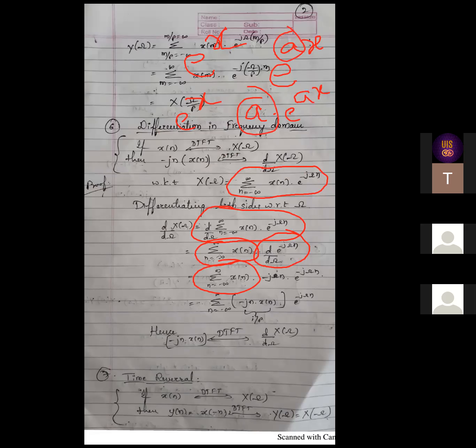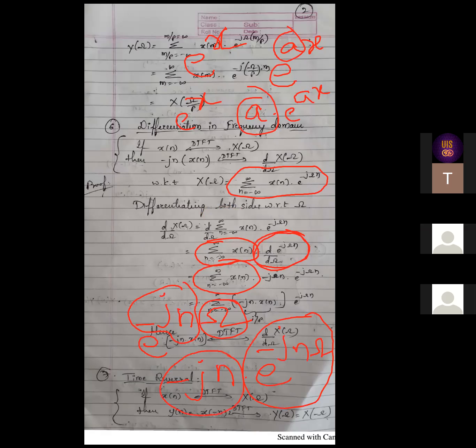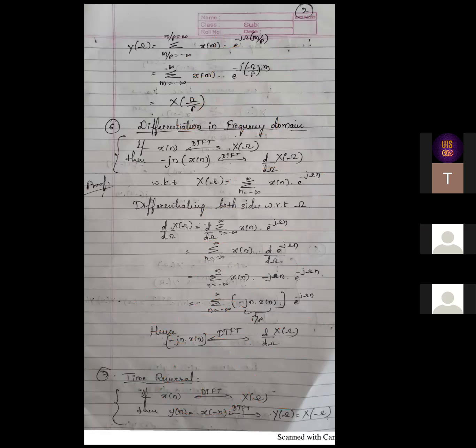That's why if you see, for this particular exponential term e to the power of minus j omega n. Okay, let me just rearrange it like this, because omega is your variable now. These are all the constant terms. So what will be the differentiation of this? It will be minus jn into, as it is, e to the power of minus jn omega. So in exponential terms, the coefficient of the power is getting multiplied. So that's what I have written here. If you observe, minus jn into the exponential term.